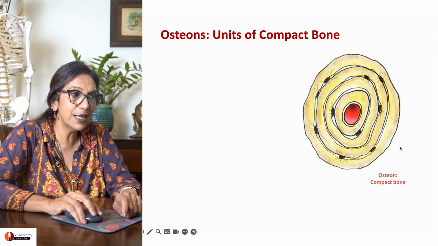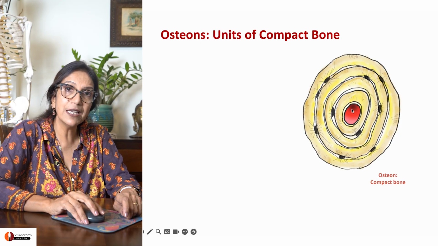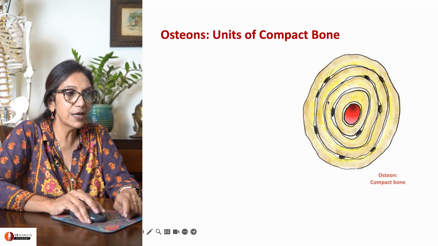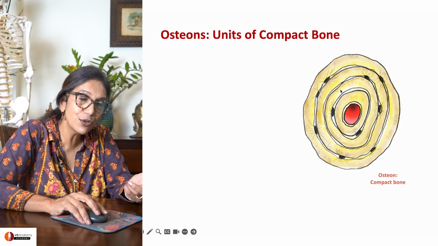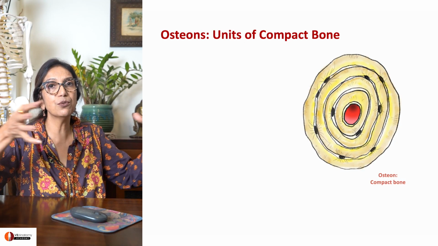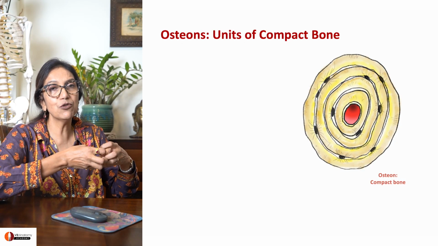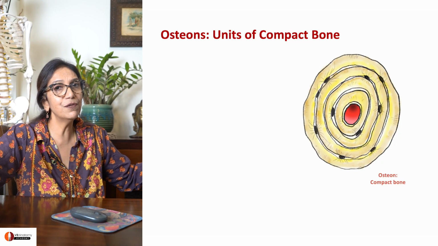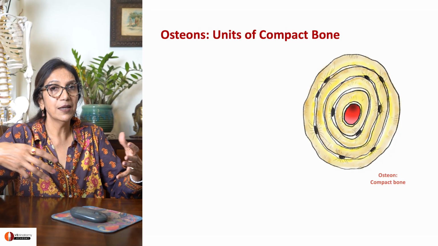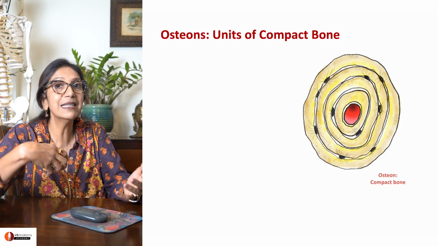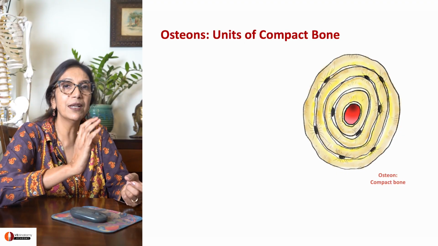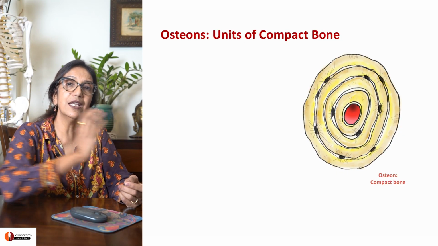So can you imagine that this blood vessel will give rise to nourishment that passes through canaliculi to the osteocyte, through canaliculi to the next osteocyte, and that's how nourishment will spread from the central blood vessel to the periphery. Can I have a lot of such lamellae? I can't, because nourishment also has its limits. It can't endlessly spread. So usually there is a limit to the number of lamellae that are arranged in such a manner.